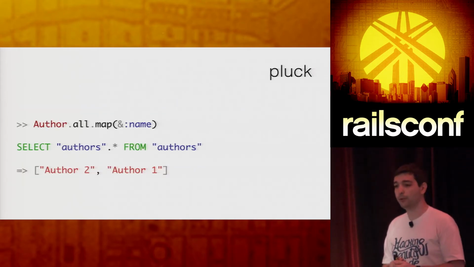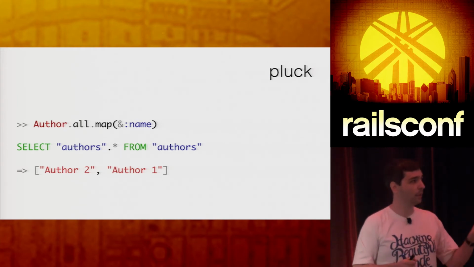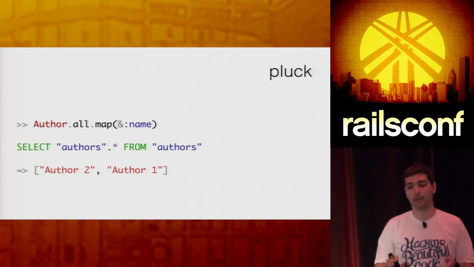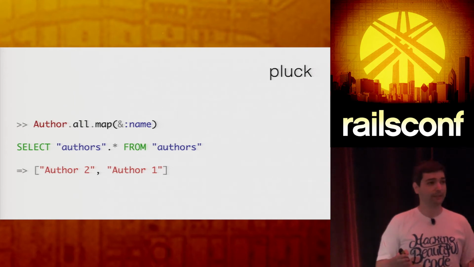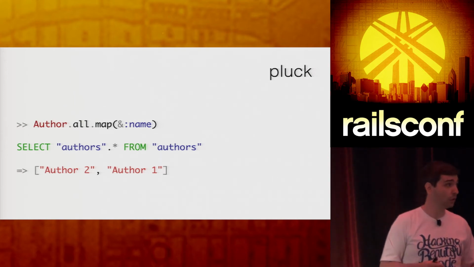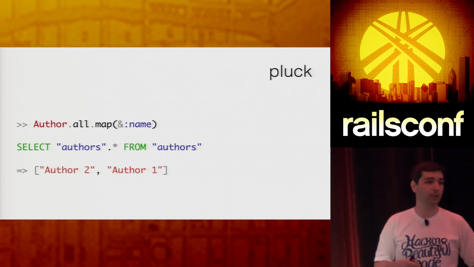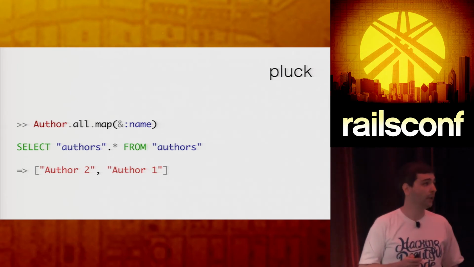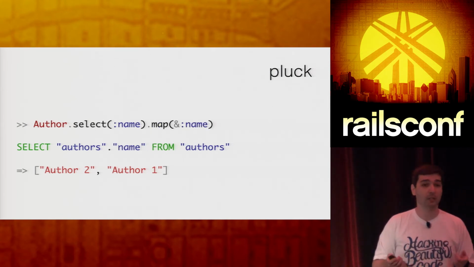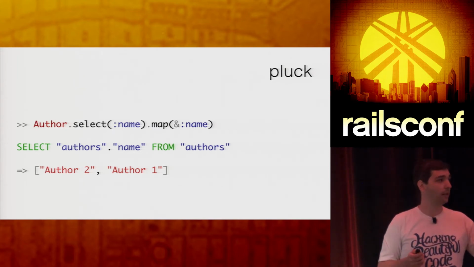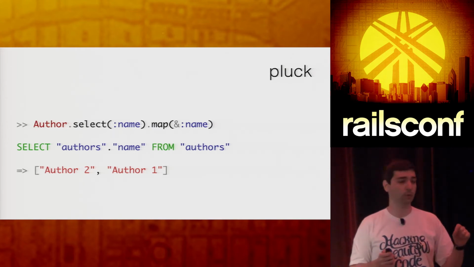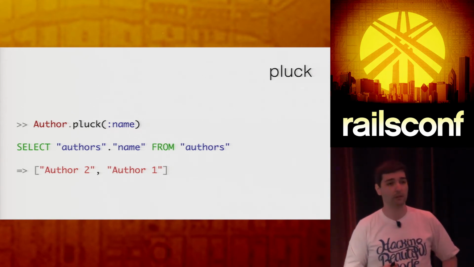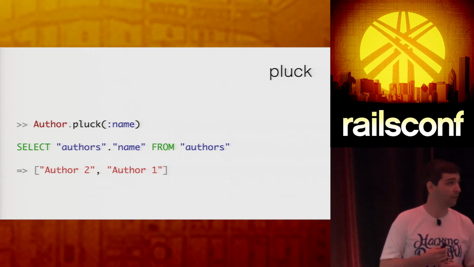It's very common when we need to grab some values from the database. Like here, I need to know what are the author names that I have in my database, right? Or what are the article tags that I have in my database. So we do a map and grab all the names from the authors, right? That works, it's just fine. But we can do better. We can go ahead and just select the name, because it's just the name in this case. So the query is just going to be select author's name, rather than all attributes, right? And that's basically the same as the pluck method that Rails introduced. So you can grab a list of values from your database.